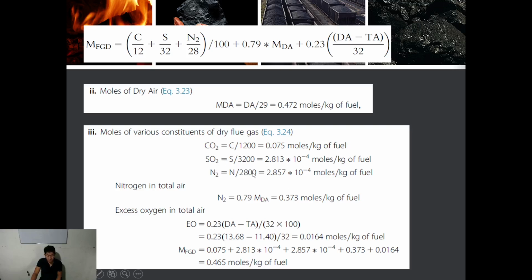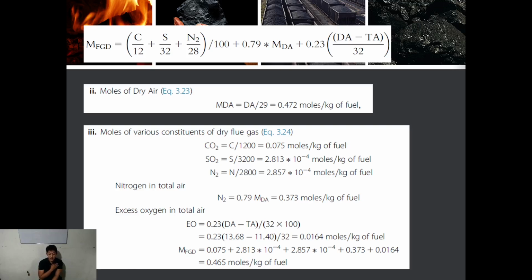And then sulfur dioxide and nitrogen. Now, the nitrogen in the total air: the mass of dry air is 13.68 times 0.79, because it is 79%